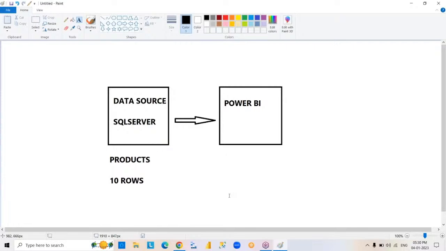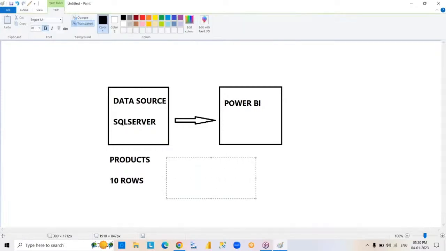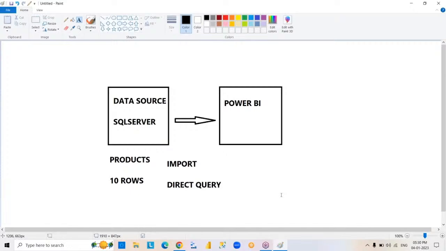Now you are going to copy the products table from source to Power BI. The different ways are import and direct query. So by using import, by using direct query,